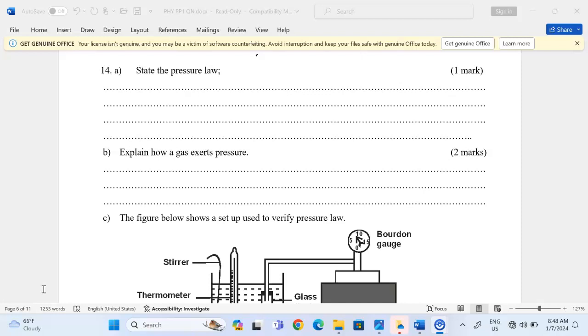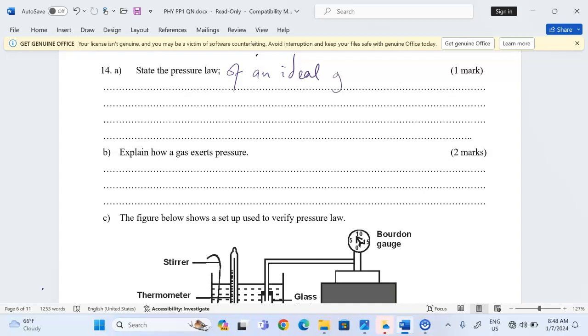In number 14, part A, state the pressure law. That should be: state the pressure law of an ideal gas. The pressure law of an ideal gas states that for a fixed mass of a gas,